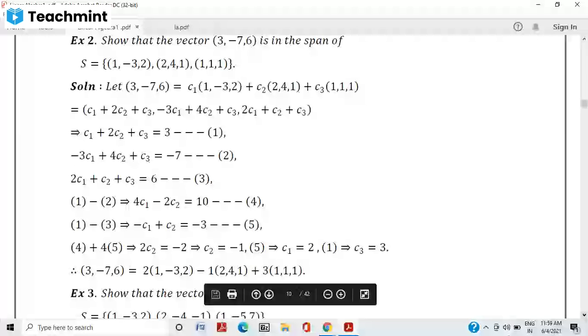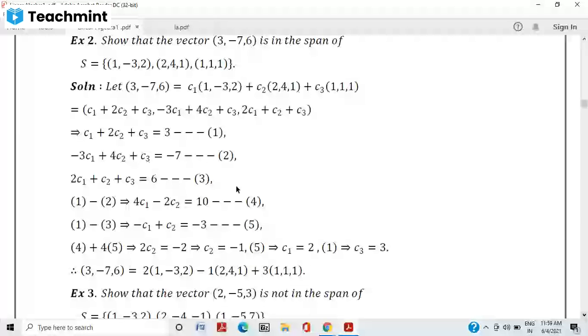These type questions will be asked for 5 marks. How are we doing this? First, you need to understand how we are forming the equations. Then, after getting the equations, we should simplify them and find out each value. For that, you can combine two equations and find out, or if you think the matrix method is easy, you can use that matrix method also.